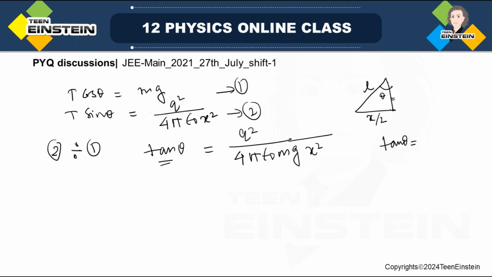Let us find out what is base. Base will be actually, see, this one, if I say this is y, so y is actually square root of L square minus x square by 2, x square by 4. Okay, so this is fine. Just let me check once again what we can do. Actually, we will go with one more